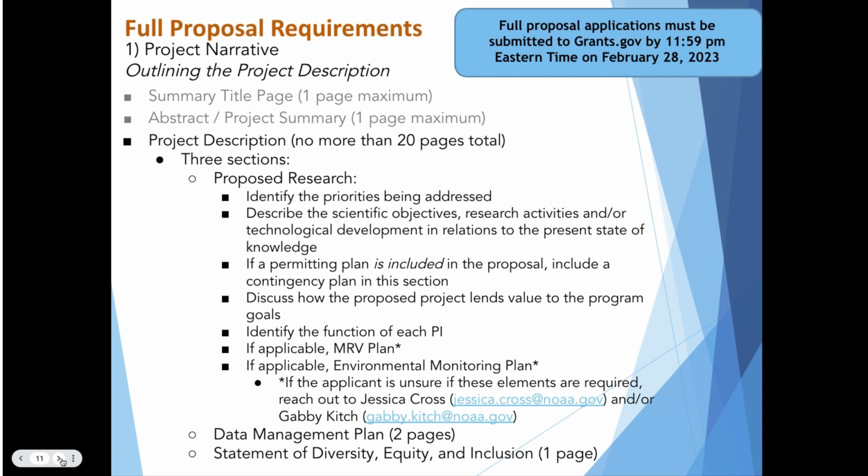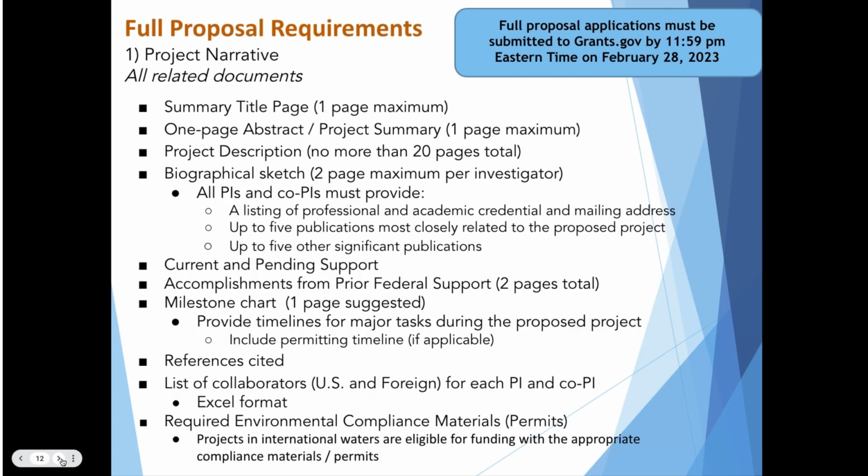In addition to the shorter format documents, which are now shown in gray here, the majority of the proposal will consist of the project description, which can be no more than 20 pages in total. The project description has 3 main sections. The first is the proposed research section, which includes identifying the priorities being addressed, describing the scientific objectives, research activities,